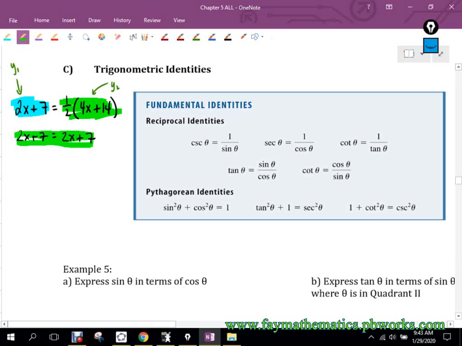The same exact thing. Or, if you don't recognize that, you can keep going and say, okay, I'm going to subtract 2x from both sides. So we get 7 equals 7. You stop right there. Or you can subtract 7 from both sides and you get 0 equals 0, right? Each one of these situations, 1, 2, or 3, no matter where you stop, is a true statement, right? 0 equals 0 is true. 7 equals 7 is true. Always true. The one that says 2x plus 7 equals 2x plus 7